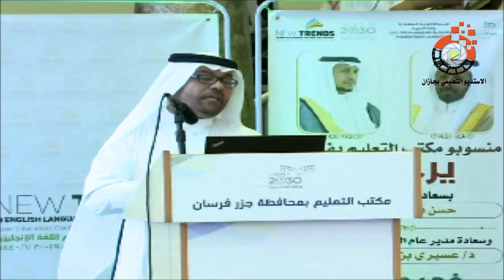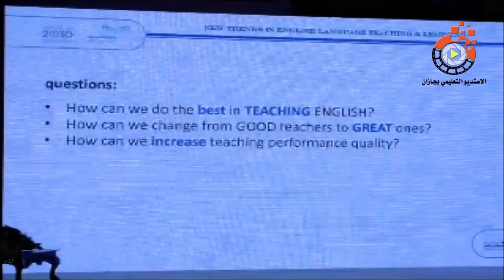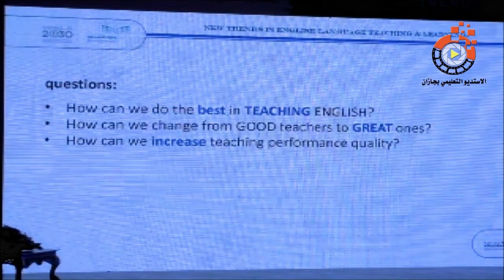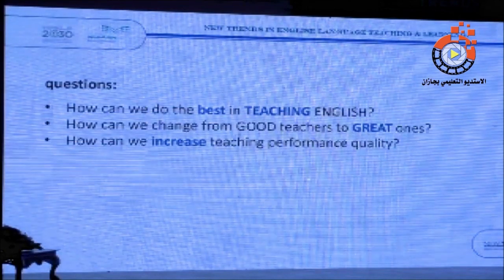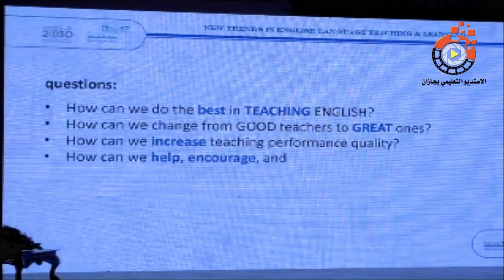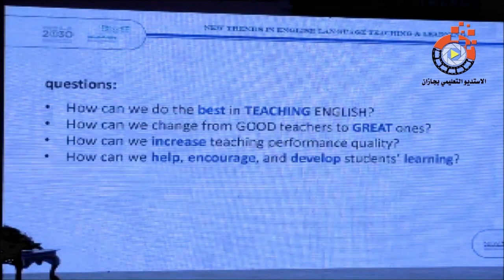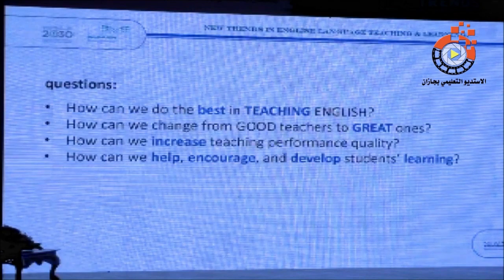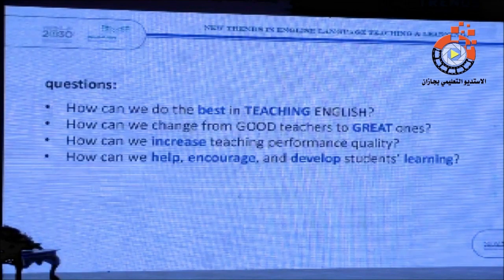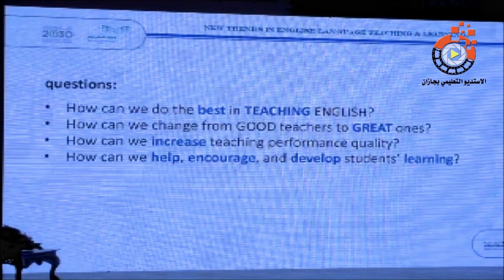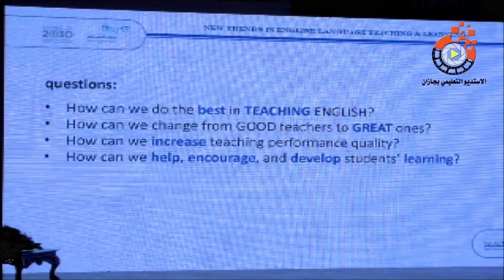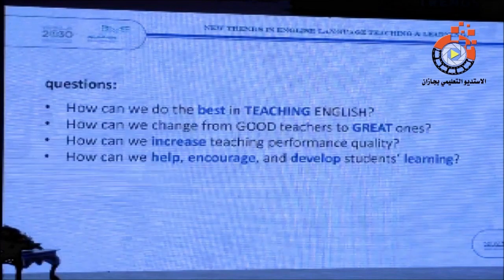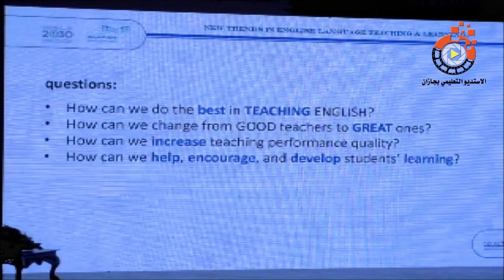And how can we increase teaching performance quality in front of our students to help them to learn English? And how can we help encourage and develop students' learning? All these questions must be there in your minds, because we as teachers must help our students to know and to study and to learn and to perform